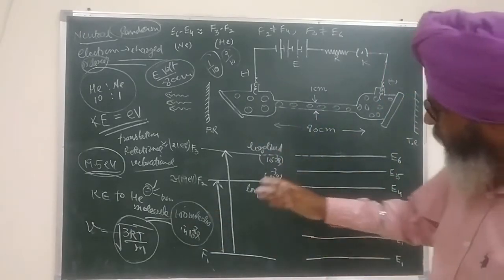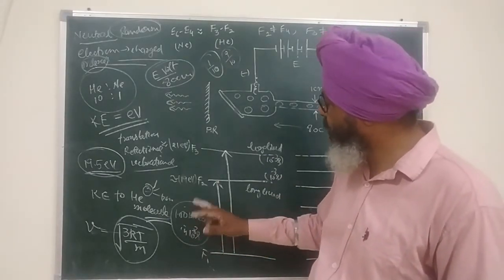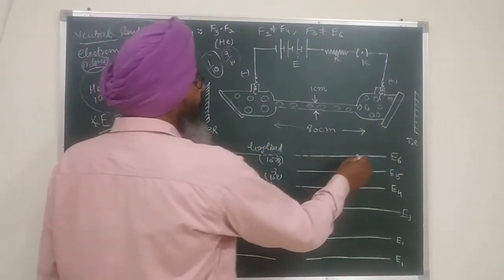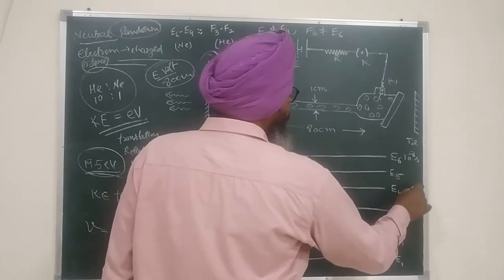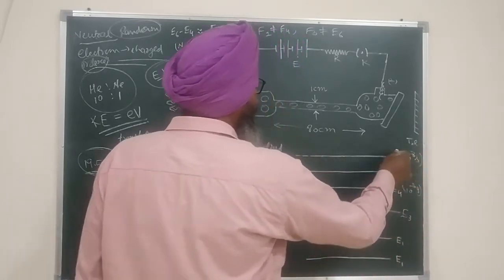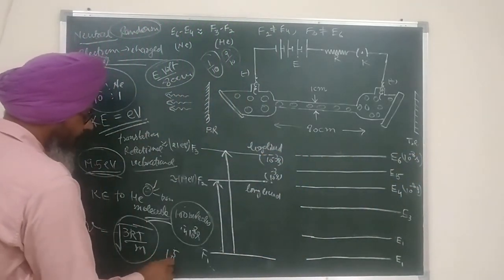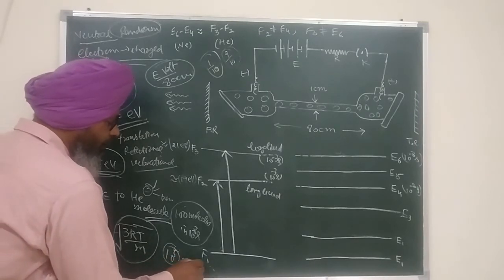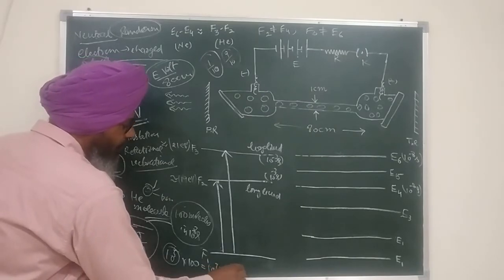At least for 10 raised to power minus 3 seconds, this process will be put on hold. If I use the same pump, compare this lifetime of the order of 10 raised to power minus 3 seconds with 10 raised to power minus 8 seconds for normal excited states. The ratio of both of these is 10 raised to power 5, and therefore in 10 raised to power 5 cycles I will be able to excite 10 raised to power 7 molecules, which is a large number.